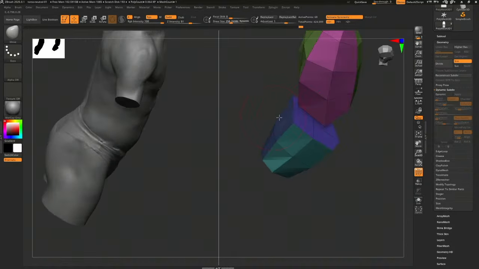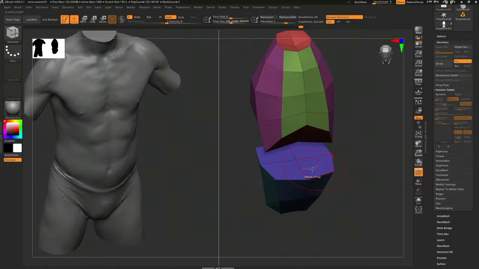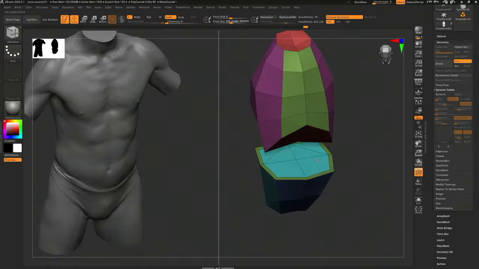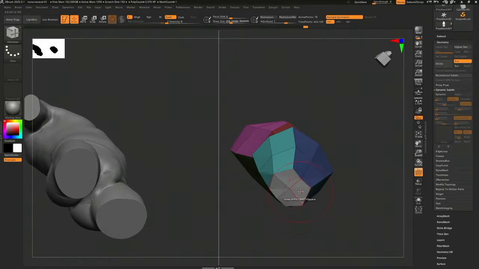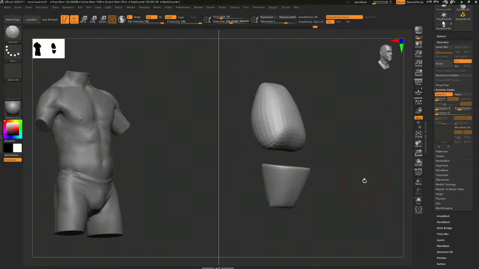Round it in the back. I'm not a big fan of rounding it too much. Right, and then we can come in and say, let's inset. So I'm just using ZModeler. And now if I dynamic that,